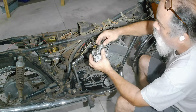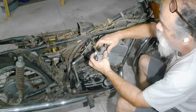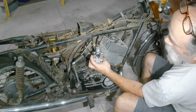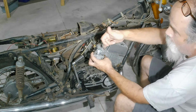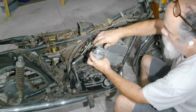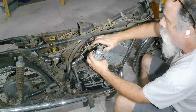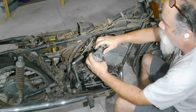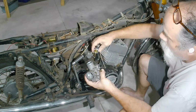Hang on, let me get it back in there correctly. There we go. There's two slots that need to line up to get it in there correctly. But basically, when it's in correctly and functioning correctly, when I twist the throttle, it should go up and down. After sitting for a long time, this type of carburetor, that slide will seize. Multiple different reasons, possibly in the needle and or up top. Old gas turns to varnish, if you've never heard that before. So I would assume what those are is somebody prying, trying to get it freed up. I kind of wish I'd gotten a hold of it before they did that, but